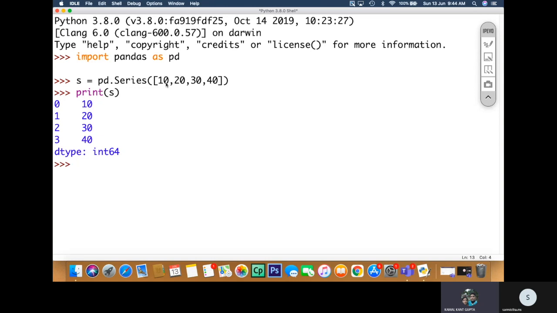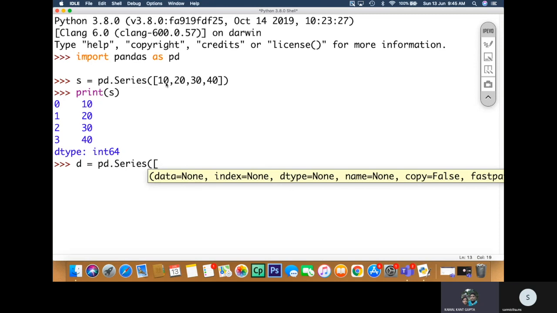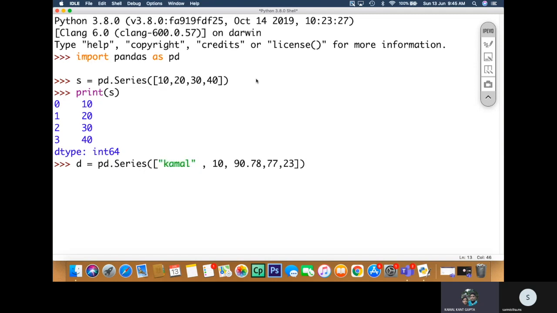D is equal to pd.Series, Kamal, and then 10, and then 90.78, then 77, and then 23. Can you tell what will be the output if I press enter? Yes, of course, the values will come. Kamal, 10, 90, 78, 77, all that will come with indexes 0, 1, 2, 3, 4.